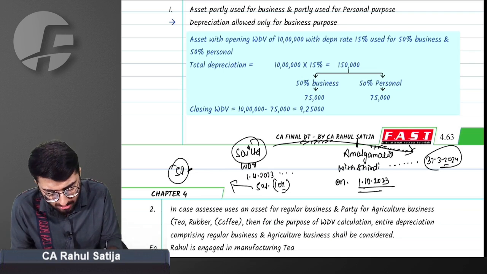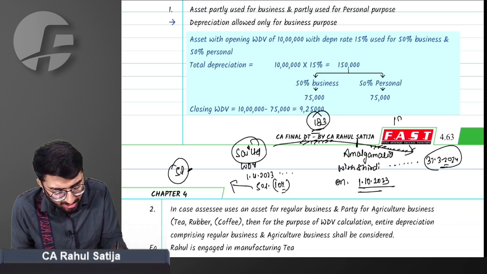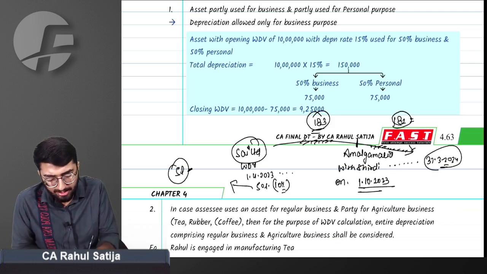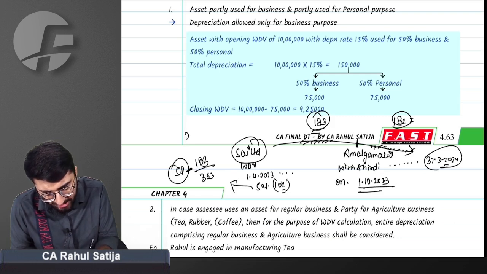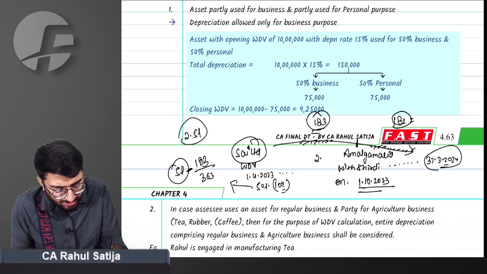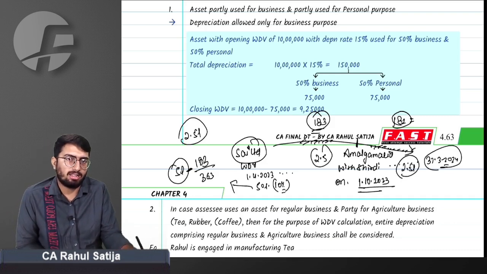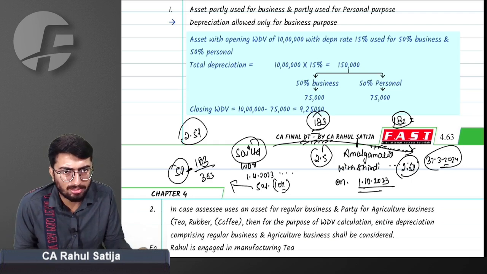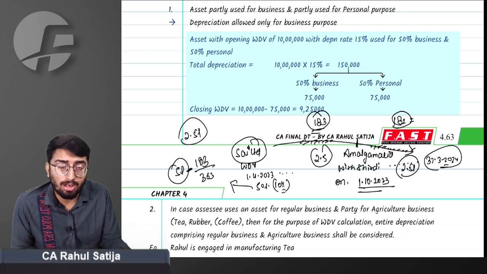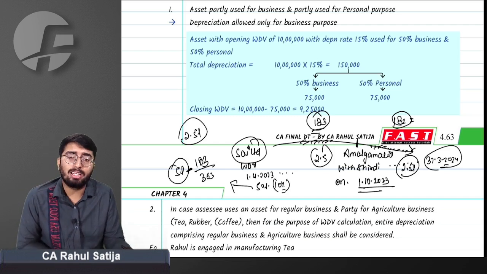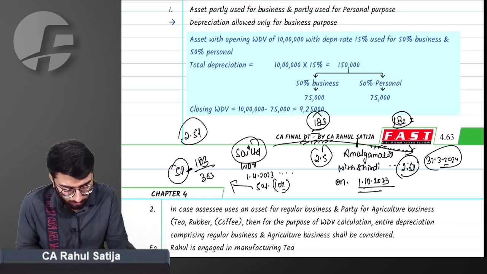If 183 days are used by Sai Limited and 182 days by Shirdi Limited, then this 5 lakh depreciation will be divided in proportion to 183 over 365. Nearly 2.5 lakh depreciation will be claimed by Sai Limited and 2.5 lakh by Shirdi Limited. This is the normal case scenario. This is how you claim depreciation in case of amalgamation, demerger, and transfer of asset from a 100% parent to a 100% subsidiary.